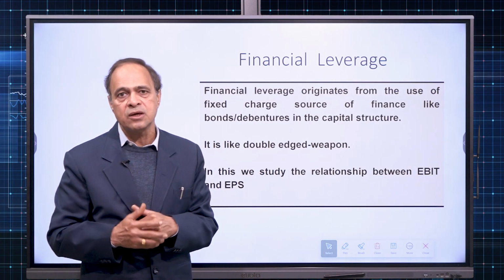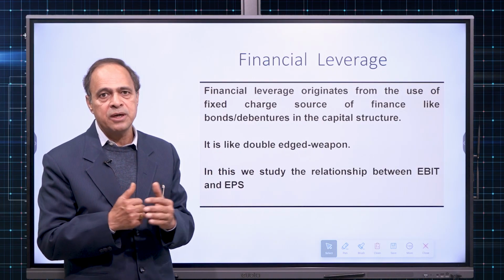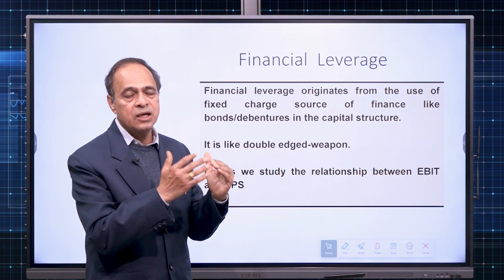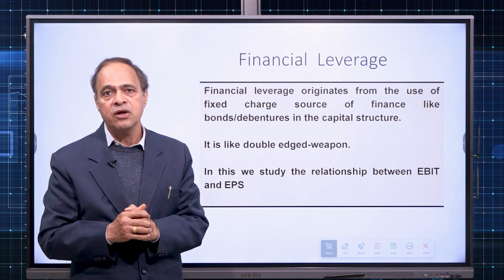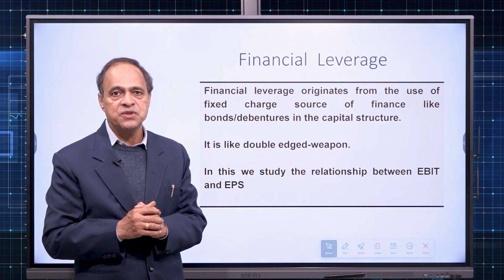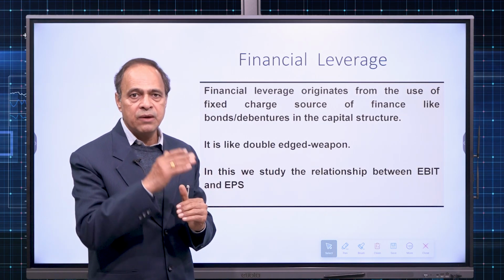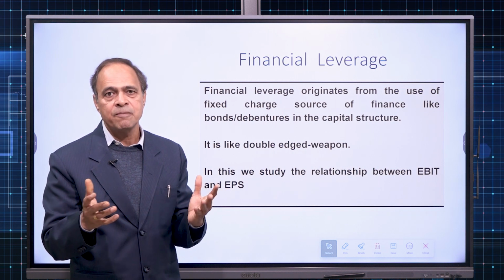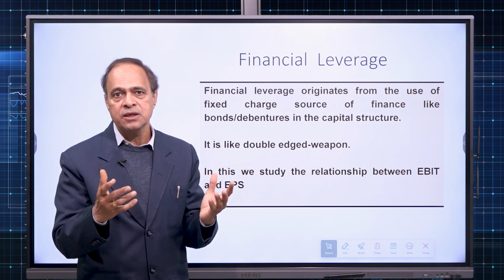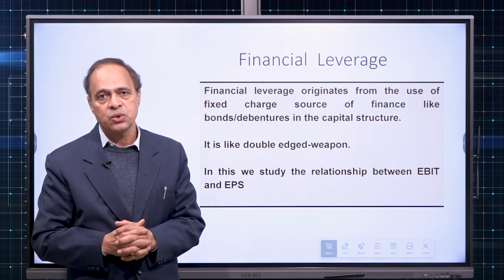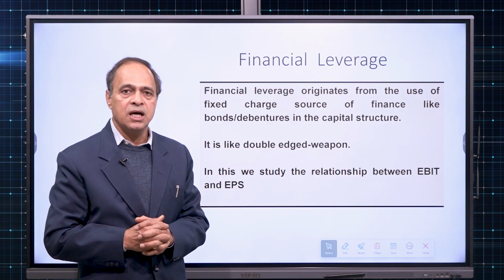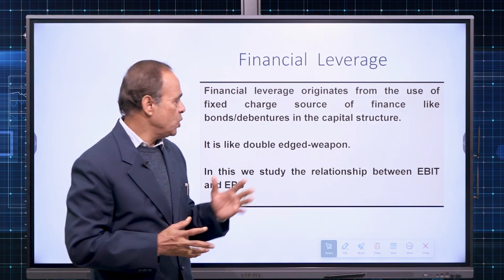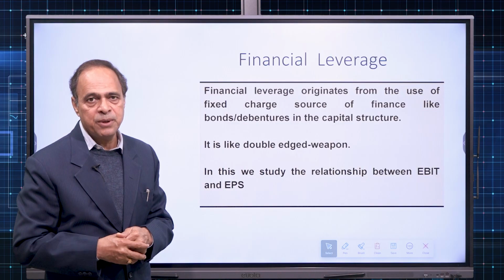जिसको बोलते हैं दो धारी तलवार. So, double-edged weapon means if the situation is favorable, then yes, it will have a positive impact on the earning for shareholders. Whereas if the situation is not favorable, it will have a negative multiplier effect on the earning of shareholders. Ultimately, the company is to earn something or greater things for the shareholders, because shareholders are the owners of the company and they assume the risk. So, financial leverage is a double-edged weapon.